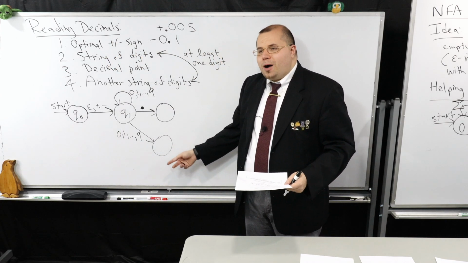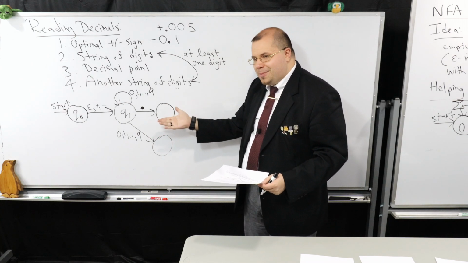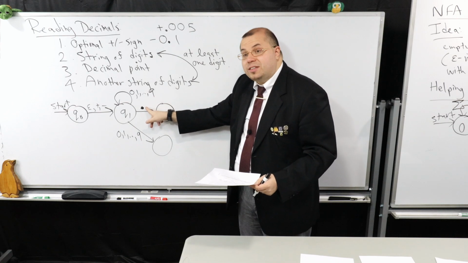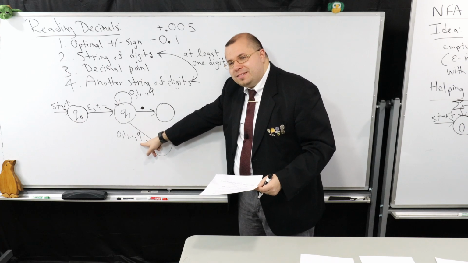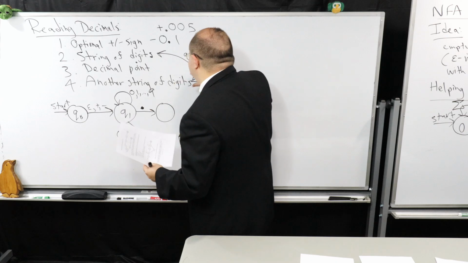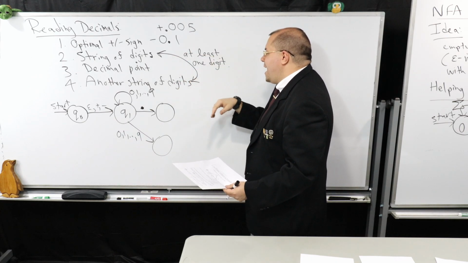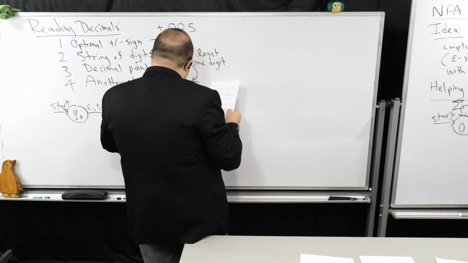Now you might ask, Dan, why do I need this right here? It's because I'm going to have two options, right? I'm either going to be able to enter in as many digits as I like, or I can immediately proceed to the dot, or I want to make sure I could read in at least one symbol. And in this possibility, I want to make sure, to satisfy this condition, that at least one of these two has one digit in it. So watch this.